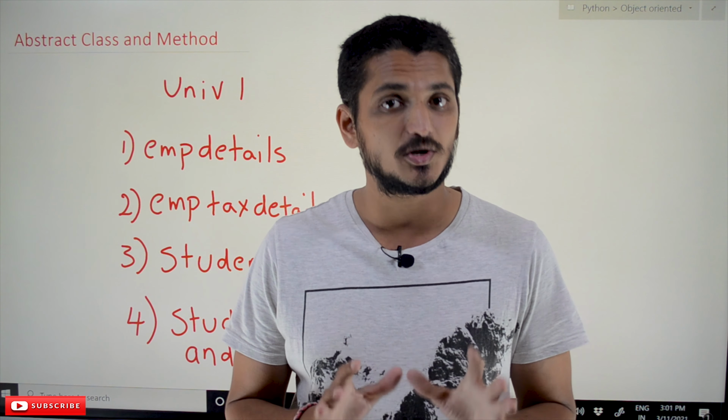In the same way, the next one is that employee tax details have to be maintained. It will give some functionality, and the same functionality is required for University 2 also. The third one is that student details have to be maintained, and the same functionality is used in University 2 also. It means the same logic: if you write one logic here, the same logic can be used for the second university also. How object-oriented concepts help us in reducing code, you will also understand in this class.